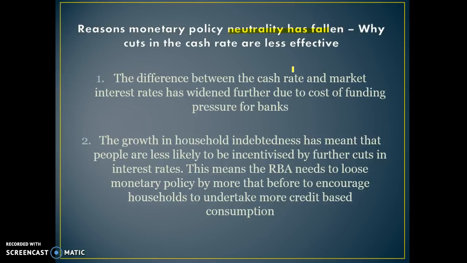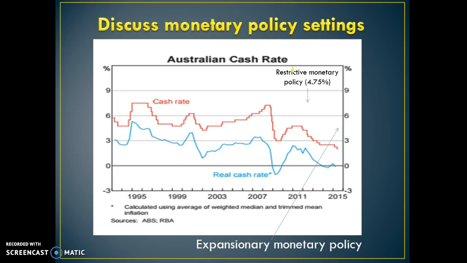So the RBA lowering the cash rate is less effective because people are choosing to just pay off more of their mortgage, which is not having the stimulatory effects on growth and employment as it has in the past. Therefore, the RBA has to be even more expansionary to get to their expansionary stance, or loosen monetary policy even more. One, because the banks aren't passing it on, and two, because households are in so much debt that they're not really stimulating more spending when they do these rate cuts.